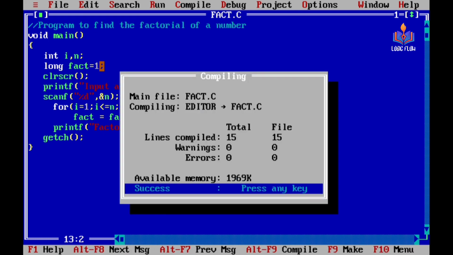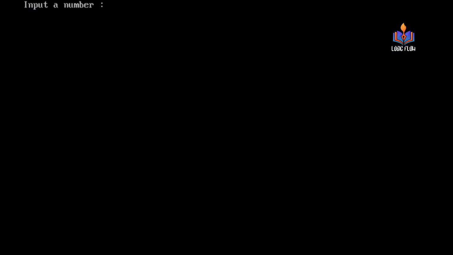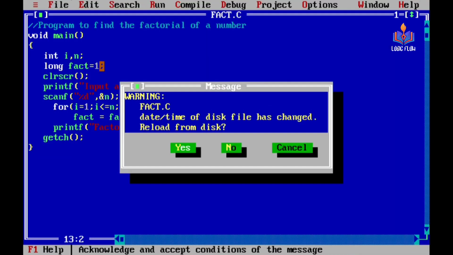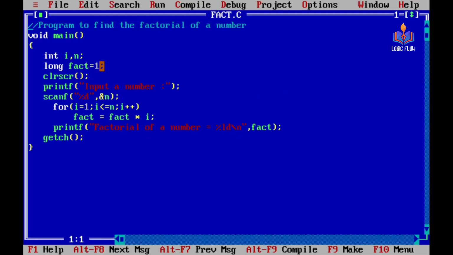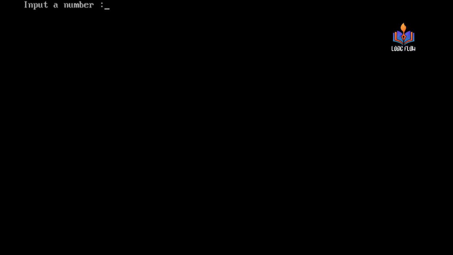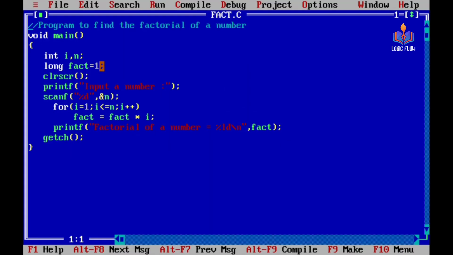Alt F9, Control F9, input a number. So let me input the number, say 4. So it is factorial of a number is 24. Let me input one more number. Re-execute. Control F9 is sufficient. I'll get 5. So it is 5 into 4 into 3 into 2 into 1. It is 120. So this is how the factorial of a number I got and how the for loop helped